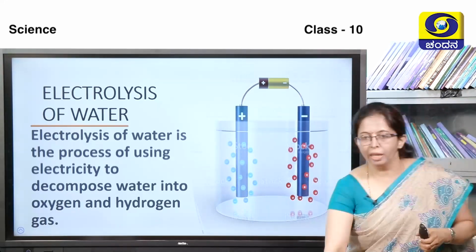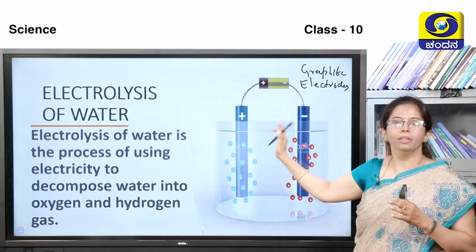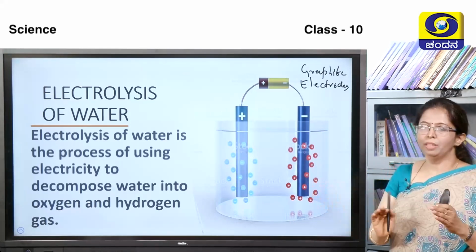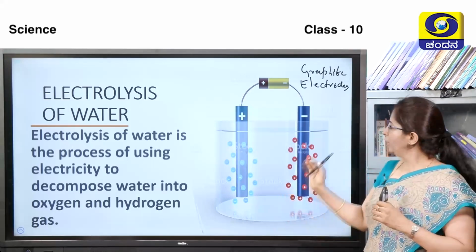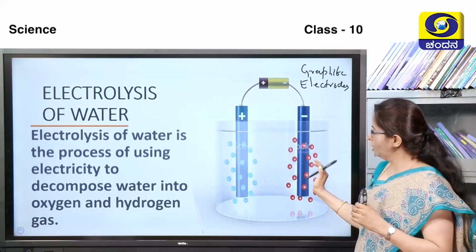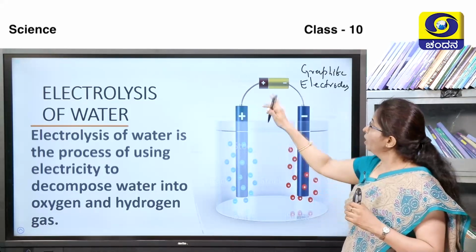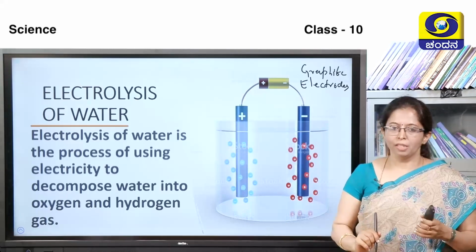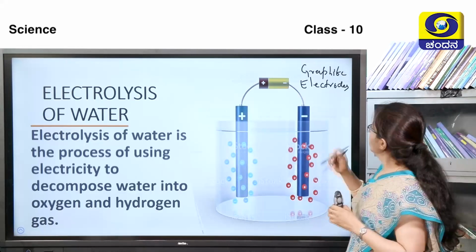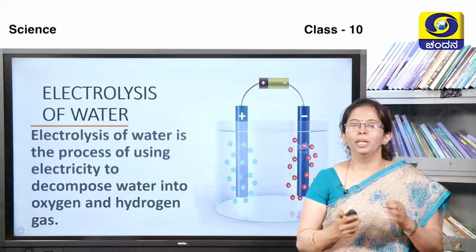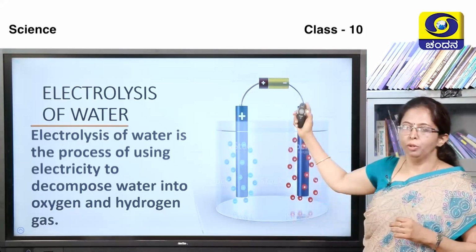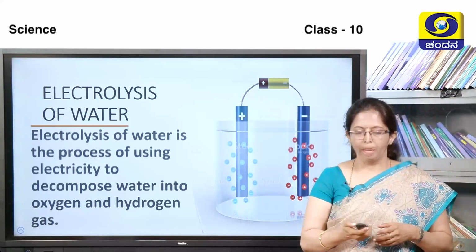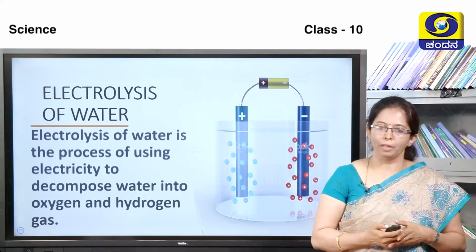So, here we are using electrodes. Basically, here we use graphite. Graphite is an allotropic form of carbon. Electrodes are nothing but good conductors of electricity. So, when electrodes are dipped in a container like this, when water is added and it is connected to a power source, when the current flows, the water gets lysed into hydrogen and oxygen gas. Oxygen will be collected at the positive anode, and hydrogen will be collected at the negative cathode electrode. And this diagram is an important diagram, you have to practice it for your exam.